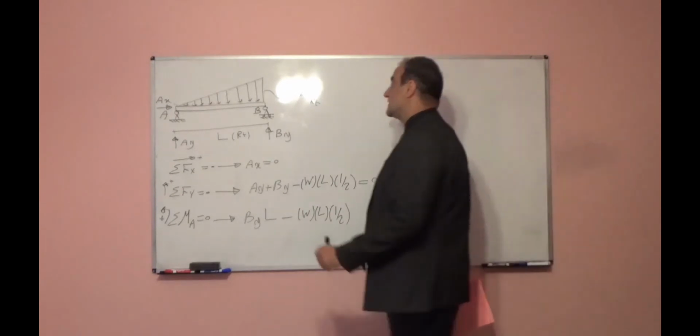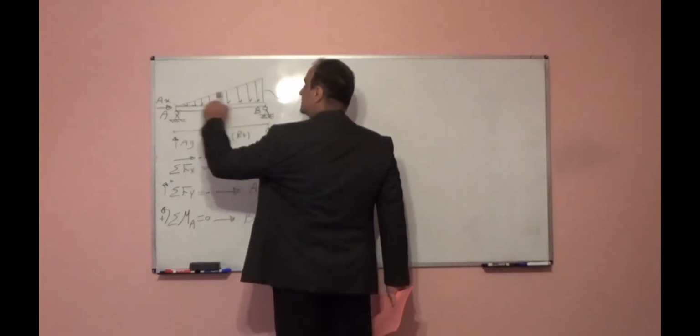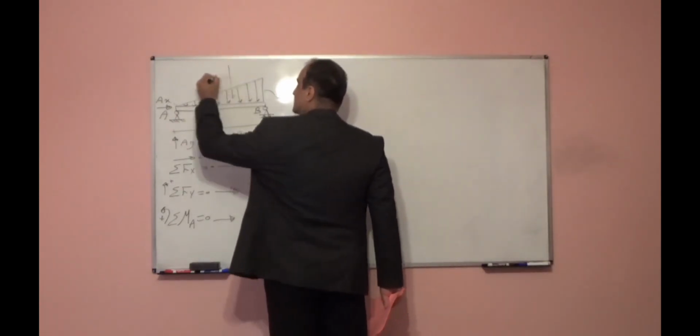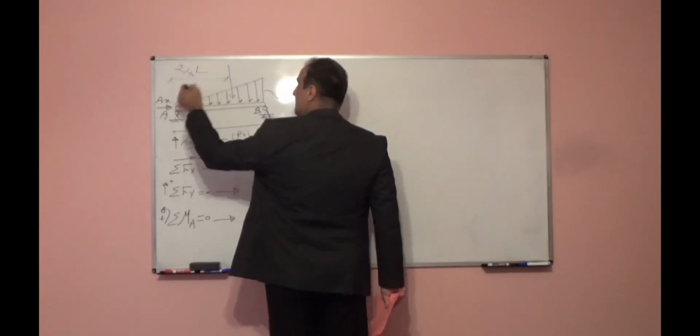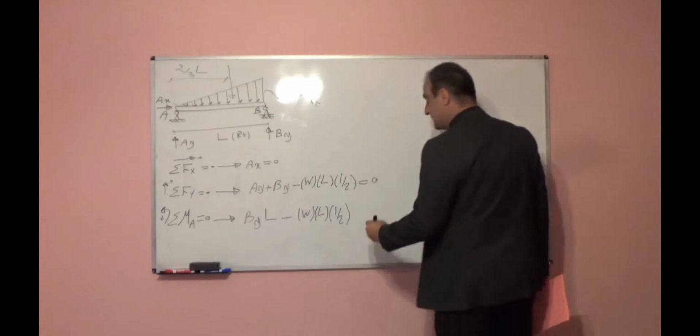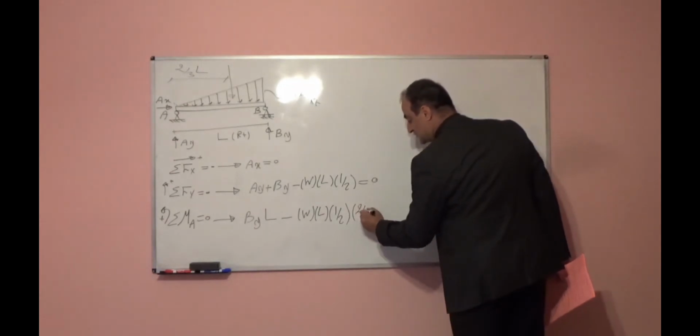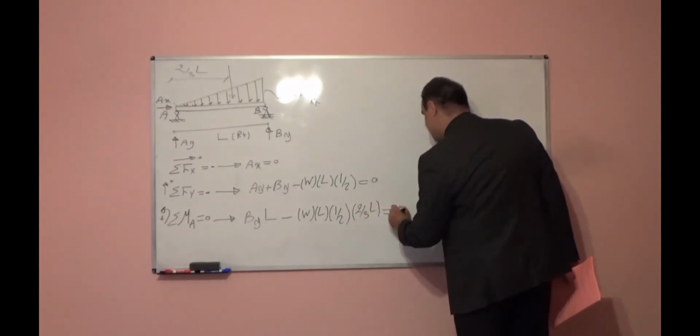Where is the location of the resultant force? In the centroid of this triangle. The centroid distance will be 2 over 3 times L from point A, times 2 over 3 L is equal to